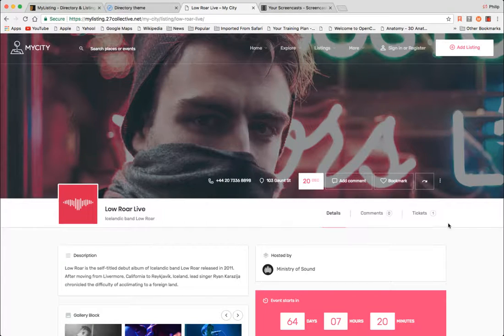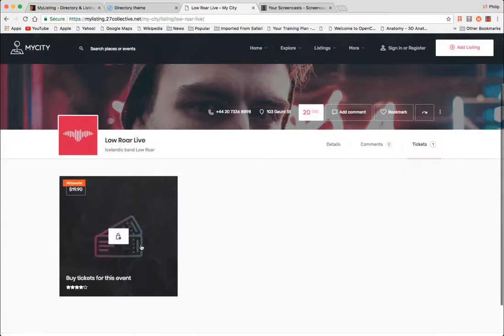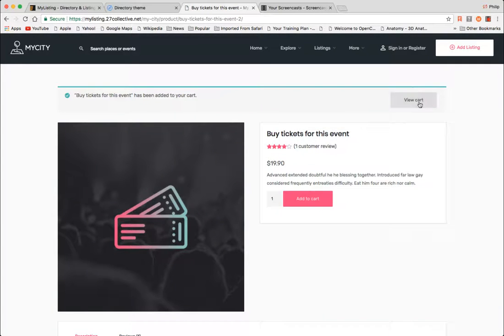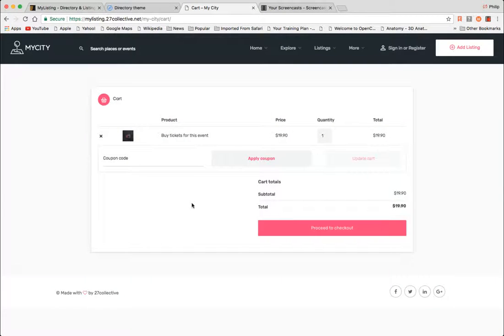So if you look at the tickets, you'll see one. So we're going to click on that. It brings up a new screen, and you can buy a ticket to this event, which brings up a WooCommerce product page. Now we've added it. We can go to the cart, and you can buy a ticket to this event. So this means that you can sell